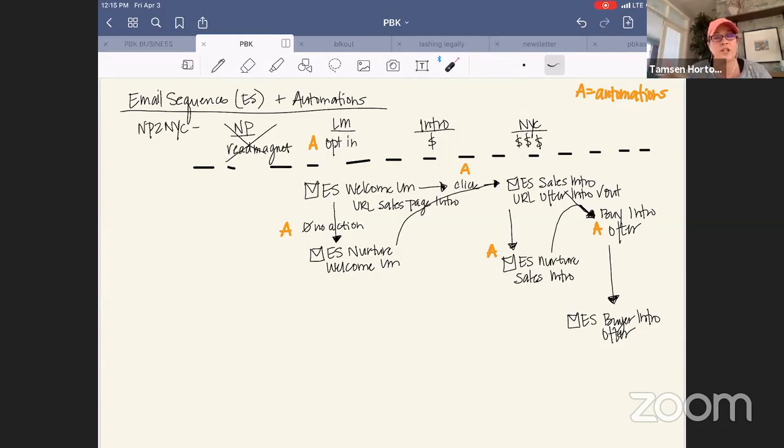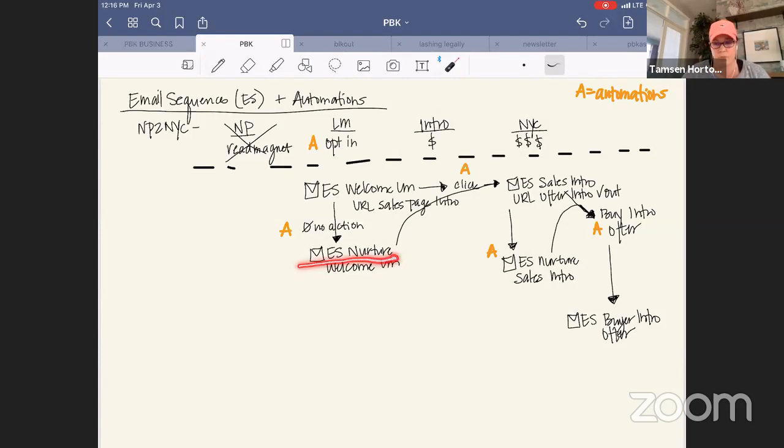So someone that is going to just need more information, more engagement with you, and that's absolutely okay, because Kajabi is going to take care of it for you. So someone comes in, they opt in, great. They get the email sequence for the welcome, but there just wasn't enough in there to get them to click to see the sales page. So when this sequence finishes, because that sequence has completed, the automation that I'm going to use is when email sequence welcome lead magnet is finished, then subscribe to the email sequence nurture welcome lead magnet.